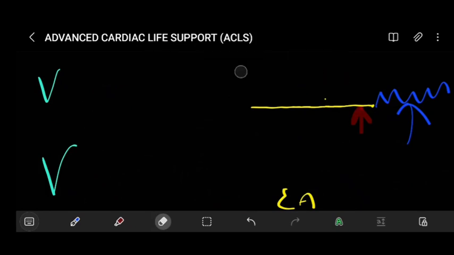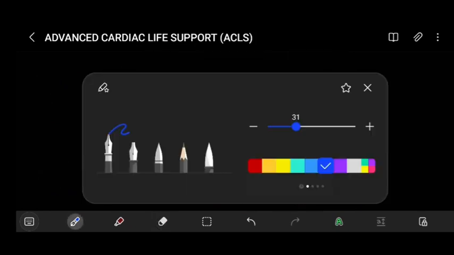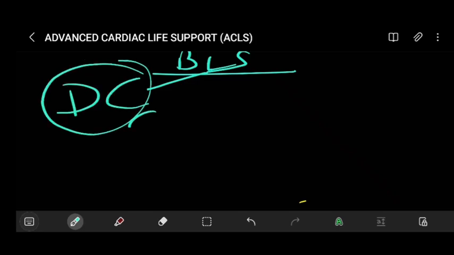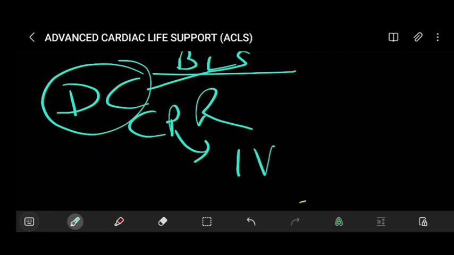Okay, let's see. You have given the patient BLS already. Now the patient is in hospital. You connect the patient to the ECG machine, and you see that it is a shockable rhythm, so give a non-synchronous DC shock. You have to continue CPR, and if the pulse is not coming, then you can give IV epinephrine to the patient,